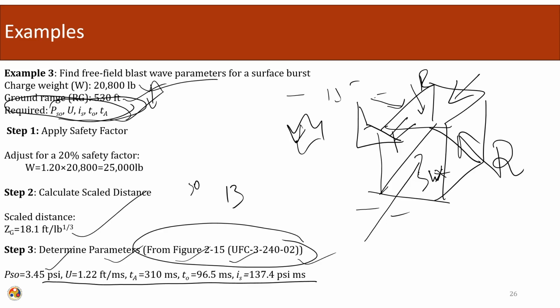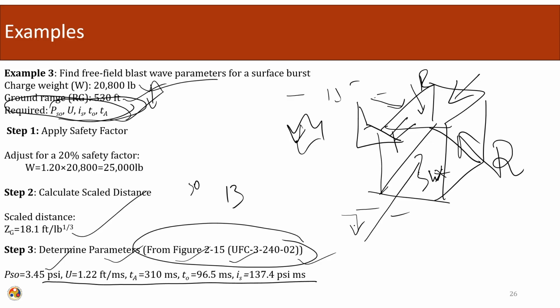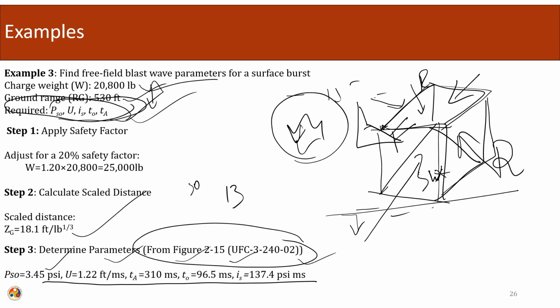So, till this point, what we have learnt is to categorize the blast loading, to calculate the parameters of the blast loading, and to calculate the equivalent design pressure curves for a blast event in which a structure is located. The assumption is that the structure should be rectangular and overground, and if those conditions are met, we are able to calculate the equivalent design pressure curves on all 5 surfaces of the structure.